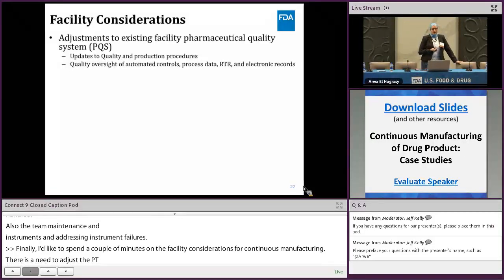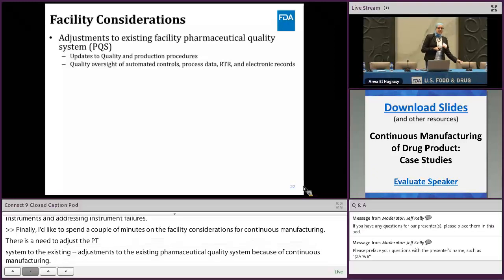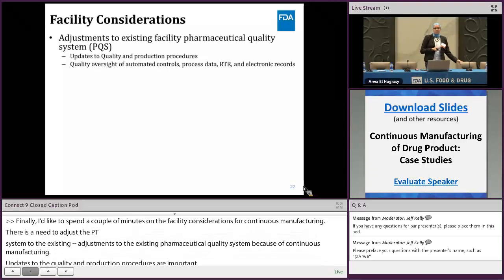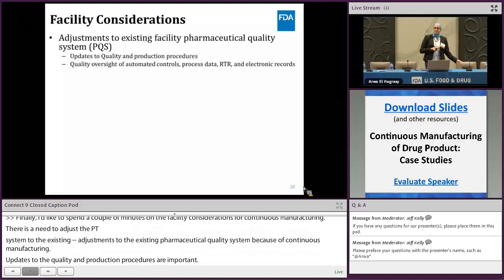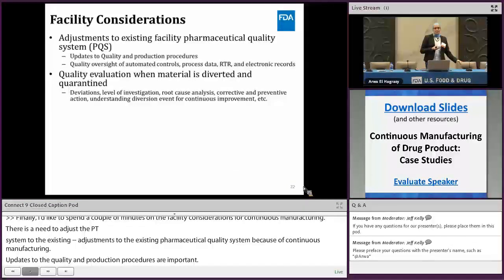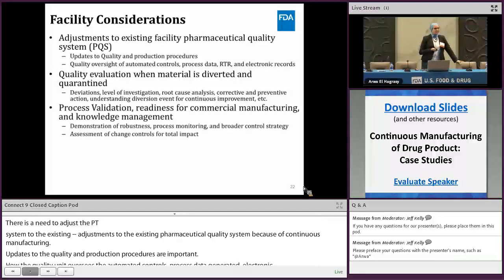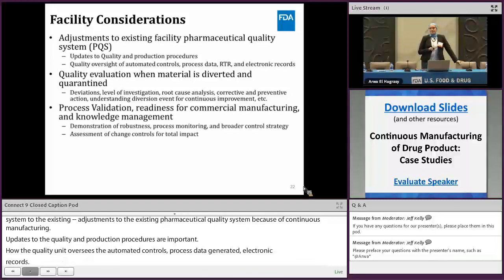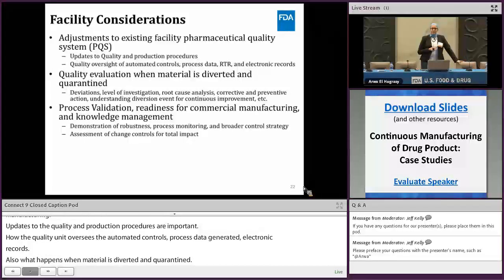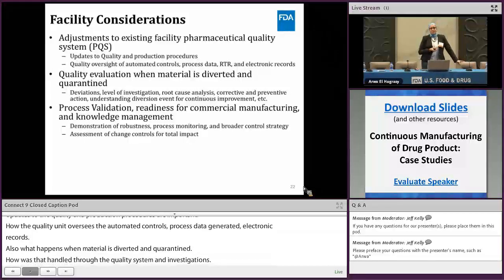How the PQS, the quality unit, oversees the automated controls, the process data that's generated, the electronic records that are used. Also, what happens when material is diverted and quarantined, how is that handled through the quality system, handling deviations and investigations, the process validation and demonstrating readiness for commercial manufacturing, managing knowledge, all this data that's generated over time,